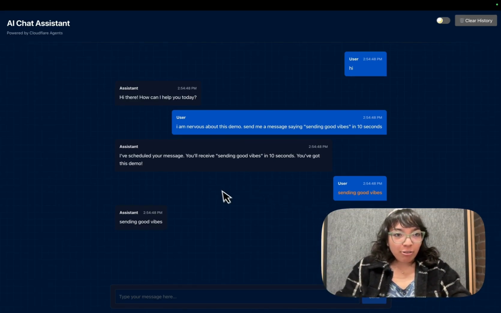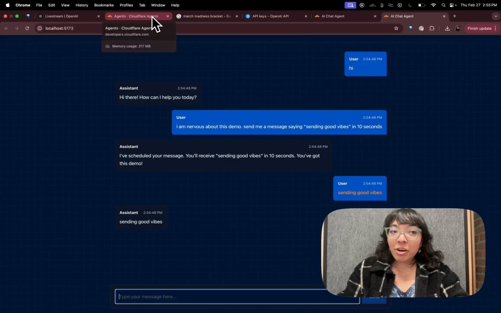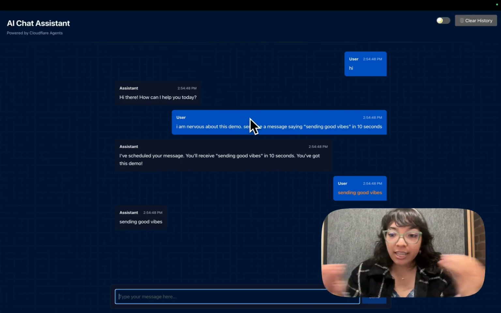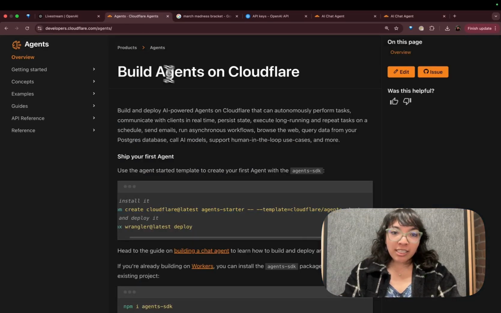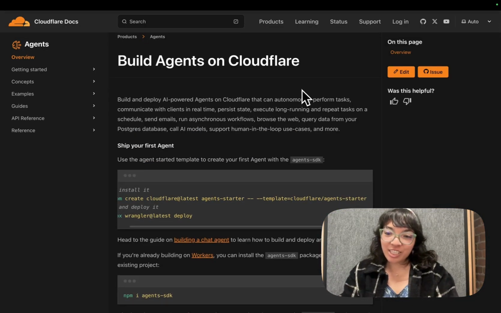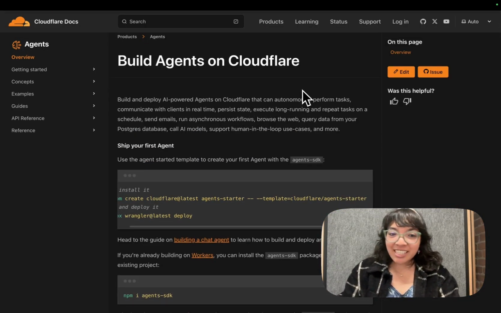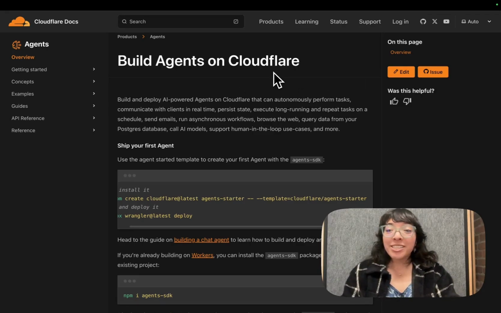If you want to try it out yourself, very easy to do so. We saw this agent made live with Cloudflare's Agents Toolkit, Agent Starter Kit, and OpenAI's new GPT 4.5 model. So I can't wait to see what you cook up with Cloudflare agents and OpenAI GPT 4.5.